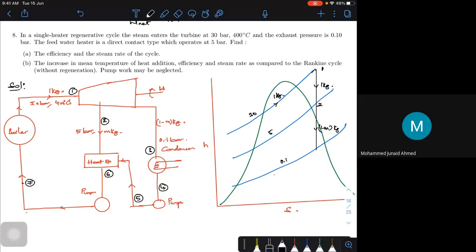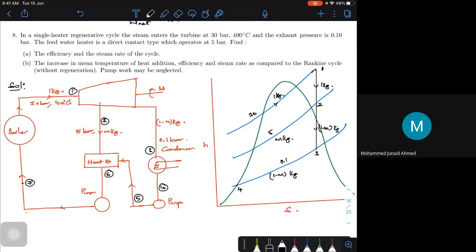Then here also it is 1 minus m kg. So here also between 0.2, here also it is m kg. So I'm trying to write the HS diagram for you, so it will be better for you to understand. Okay, so now that is 1, 2, this is 0.3, so this is 0.4. So this is isentropic in nature.